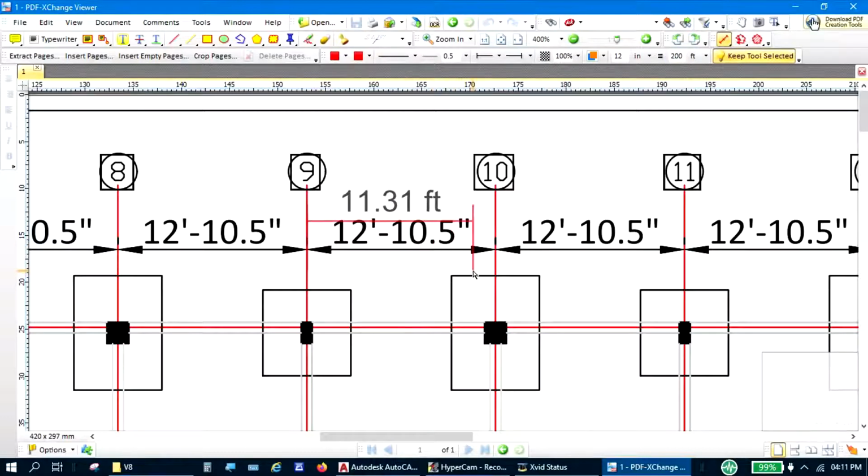Now we check the measurement by scaling the PDF for verification.